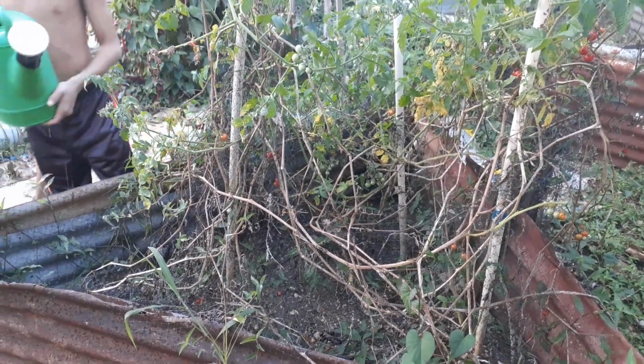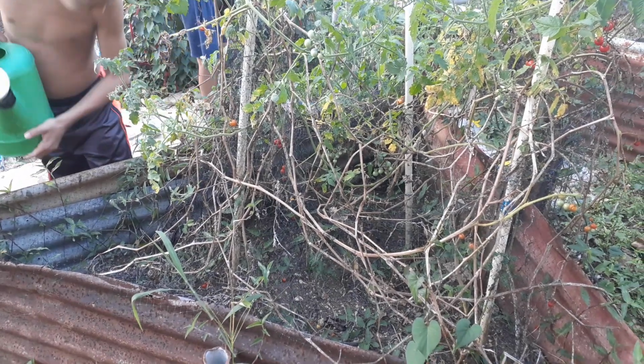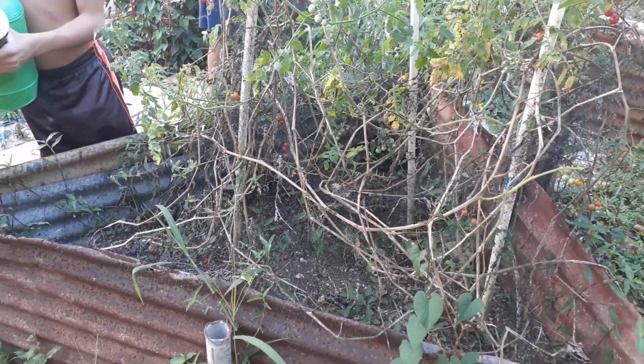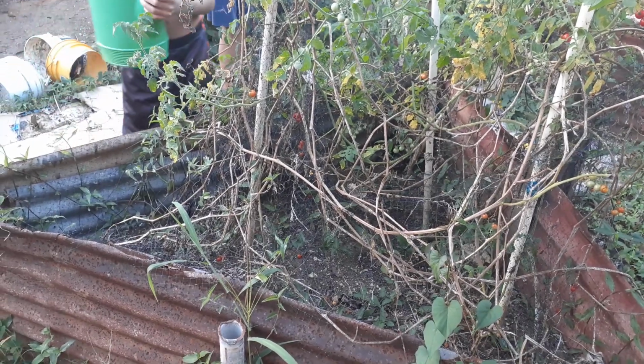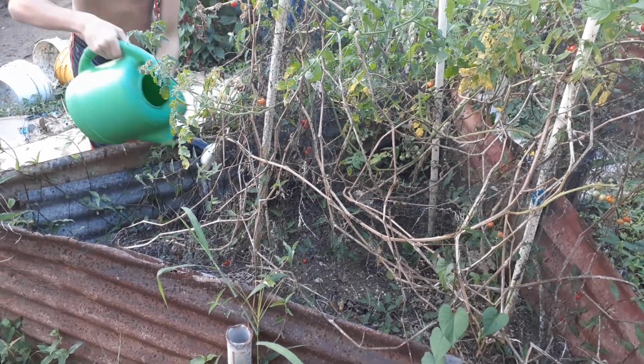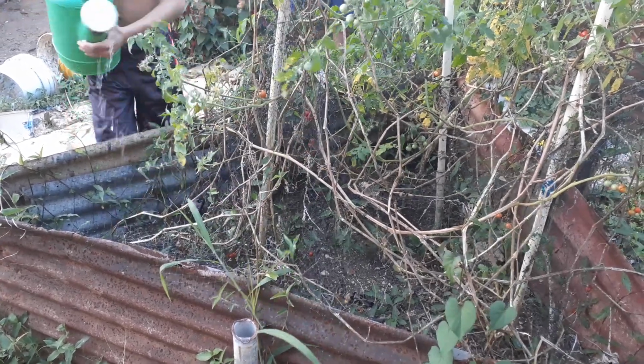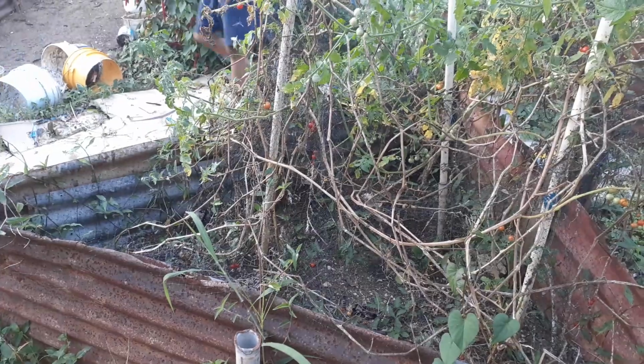I think there's what, 4 of those in there? 4 full-size plants, maybe 5. You got to find the base on each of them. Give it a decent little shot of water. Yeah, there you go. Okay, you get all those? Mm-hmm. All right, let's have a look at the